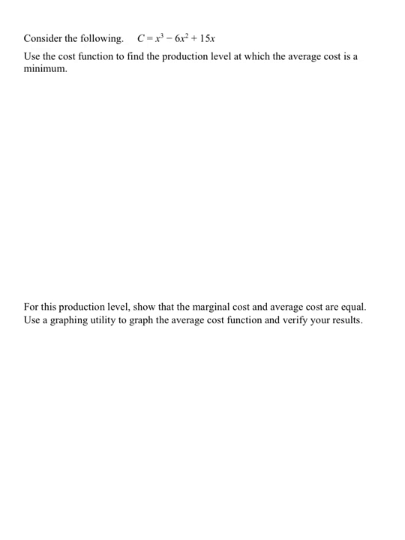Consider the following cost function. We're going to use the cost function to find the production level at which the average cost is a minimum. There was a few problems back where we did this. Minimizing average cost, that's where we took average cost and set it equal to marginal cost. And that's exactly what we're going to do here, is we're going to take the original cost function given,